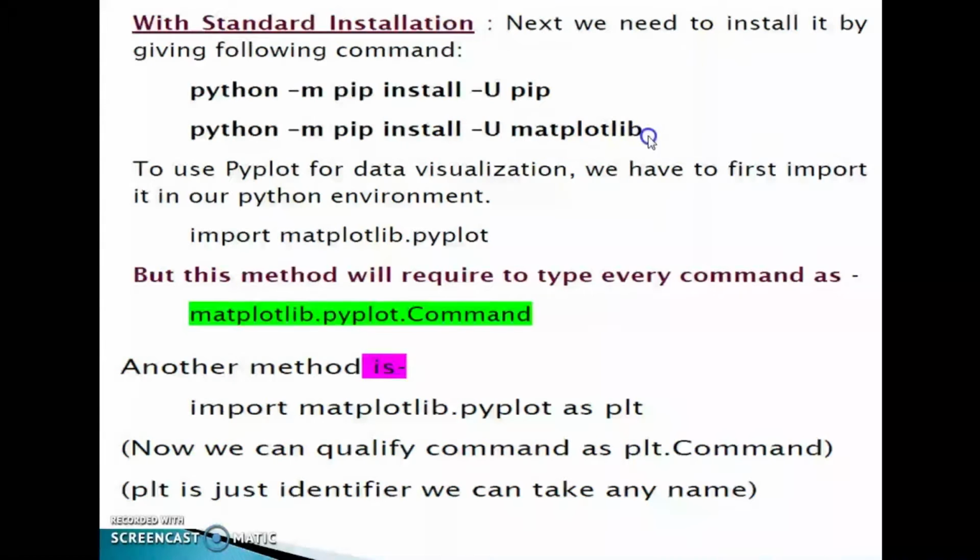In this way, we can install our matplotlib library on our system.